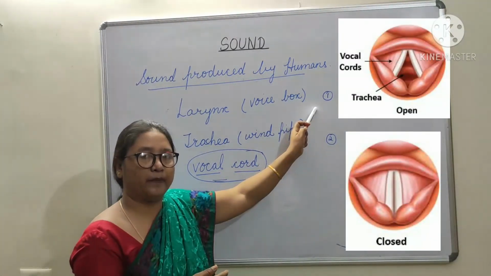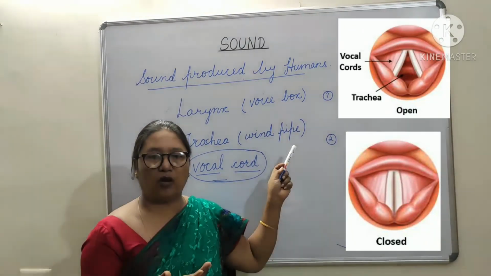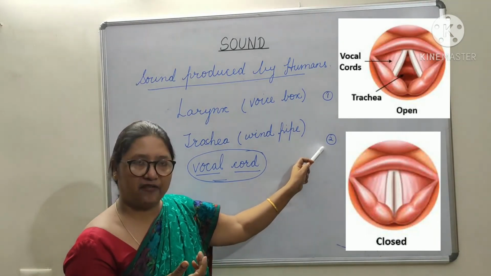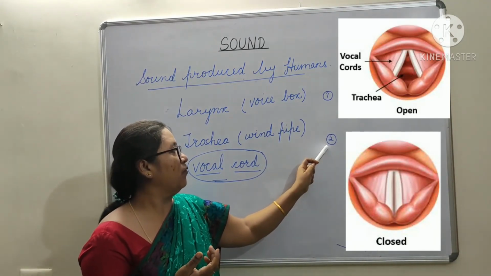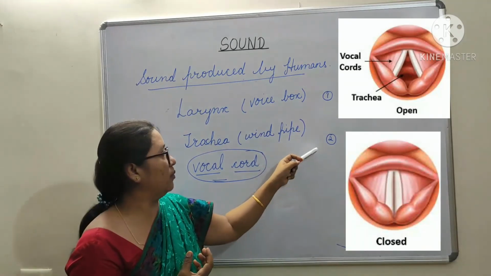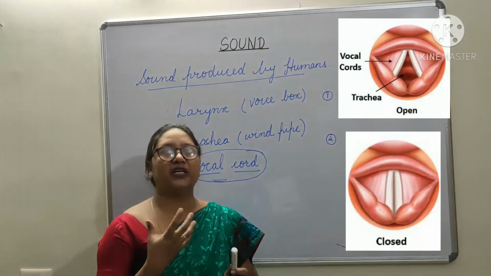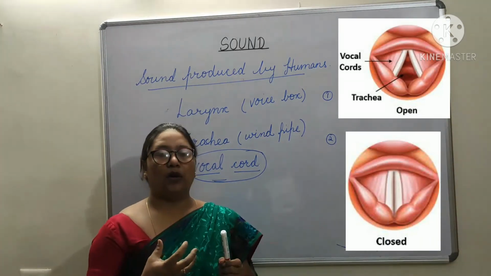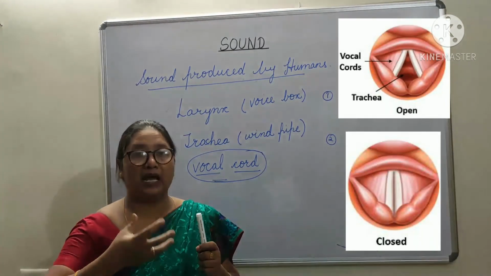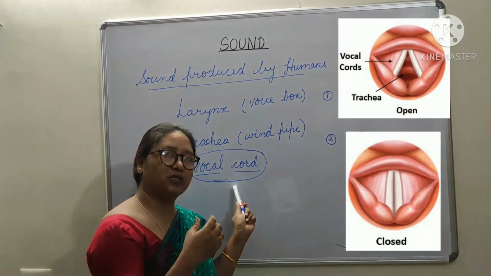The slit remains open. But what happens while we are talking or while we are singing? At that time, you can see the second figure. In this picture, you are seeing that the vocal cords are closed. So when we are talking or when we are singing, the vocal cords are closed. Because the vocal cords are closed, a pressure develops in the lungs. Now, when the pressure is developed in the lungs, the lungs push the air through the slit, there is vibration in the vocal cord, and so the sound is